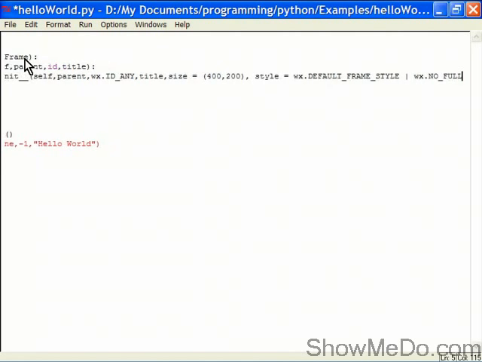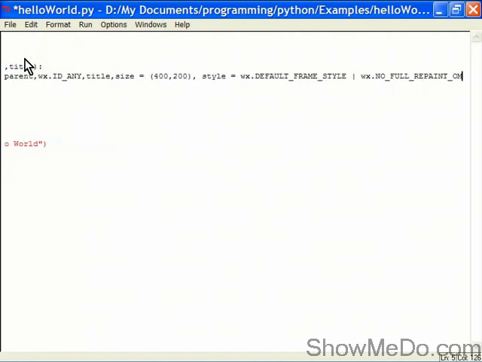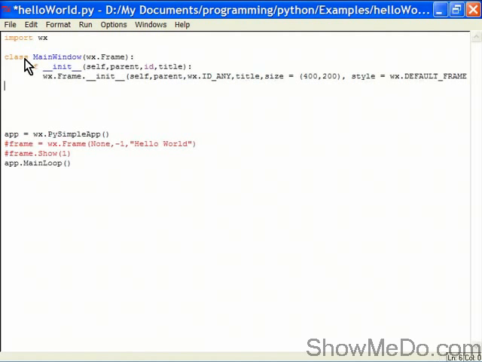We'll do no full repaint on resize. So what that says is that because we're dealing with a text object, it makes sense to not redraw the whole portion of the screen when we resize it, because the text doesn't need to change its shape or size. It stays where it is on the screen and doesn't need redrawing, so we can use